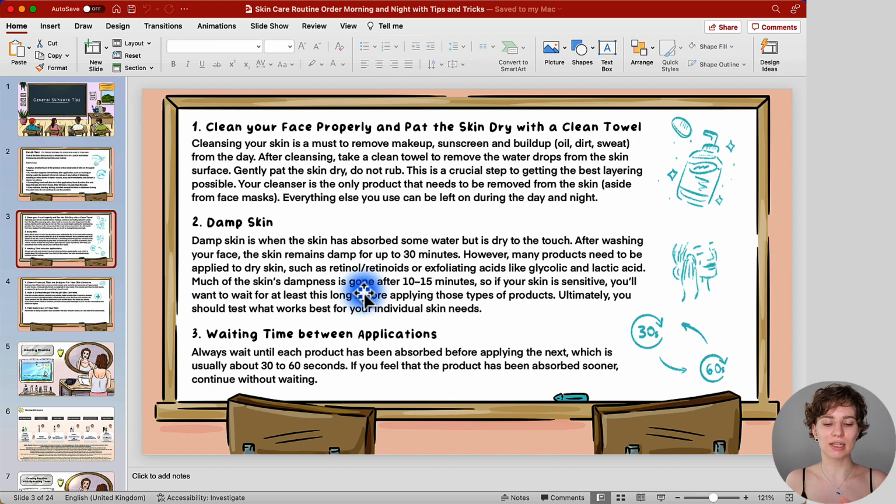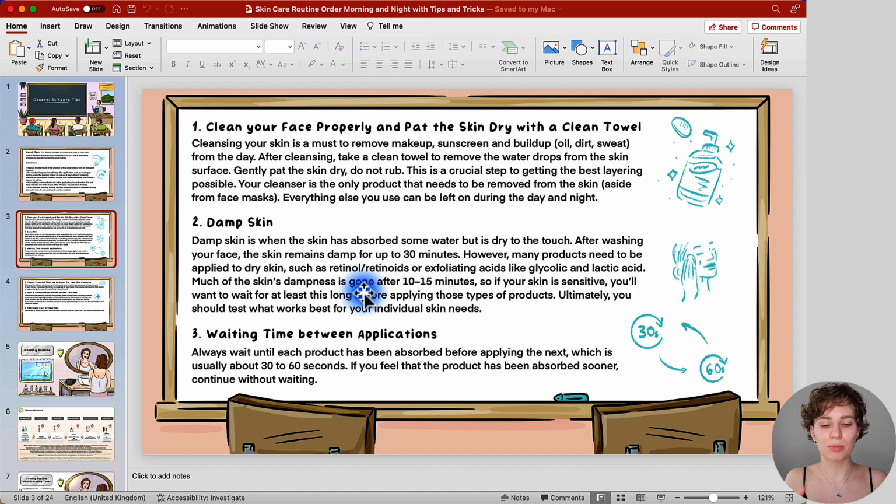Because the problem is that if you are using such products on damp skin, they can absorb much faster into the skin. For some people, this may not be an issue at all. However, for others, depending on your skin tolerance and sensitivity, this can already create a reaction where it starts to sting or burn, or you may come across a heat feeling or redness.